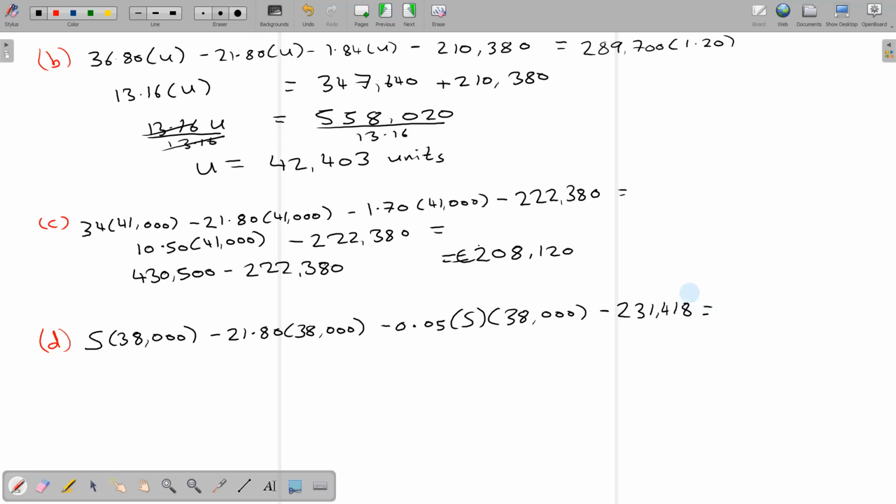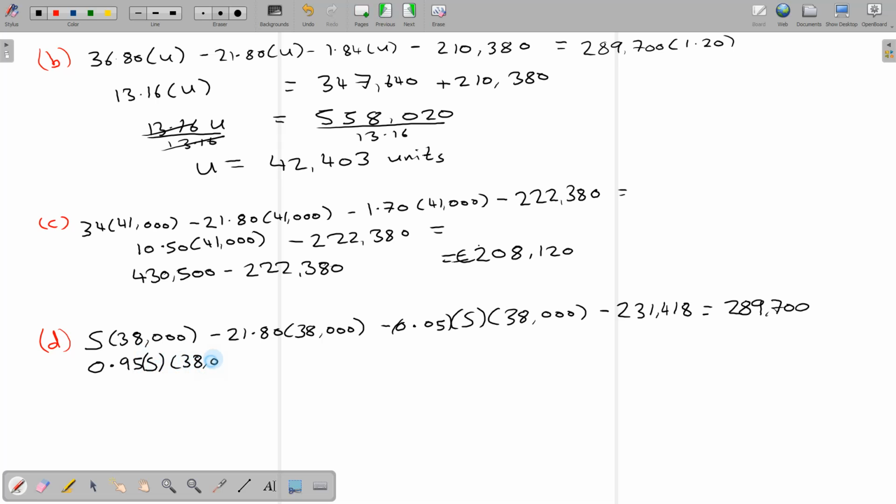231,418, and the profit remains the same. So we have to find S. If you think about it, what I'm going to do is combine the sales and the sales commission, because they're both the same variable. So if I have one S and I take away 0.05S, what I'm left with is 0.95S